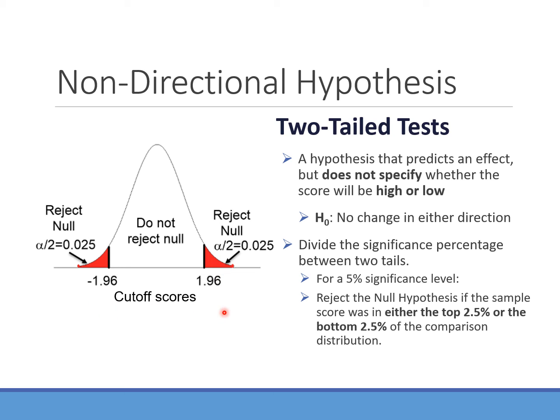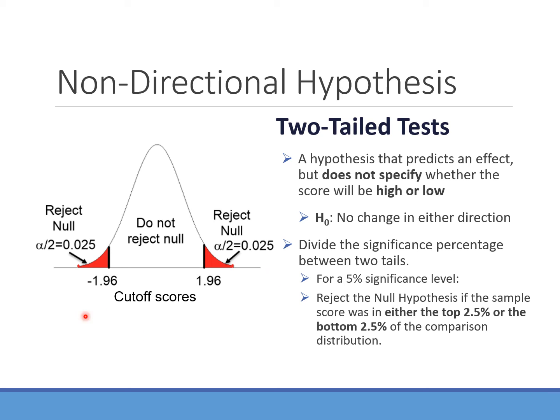But for right now, we're still looking at a probability of a 5% significance level. But we split the significance level between the higher and the lower scores. So now our cutoff scores are split. So our probability of 0.05 is now 0.025 and 0.025. So we have negative 1.96 for the z-score and positive 1.96 for the z-score. We reject the null hypothesis if the sample score is either in the top 2.5% or in the bottom 2.5%